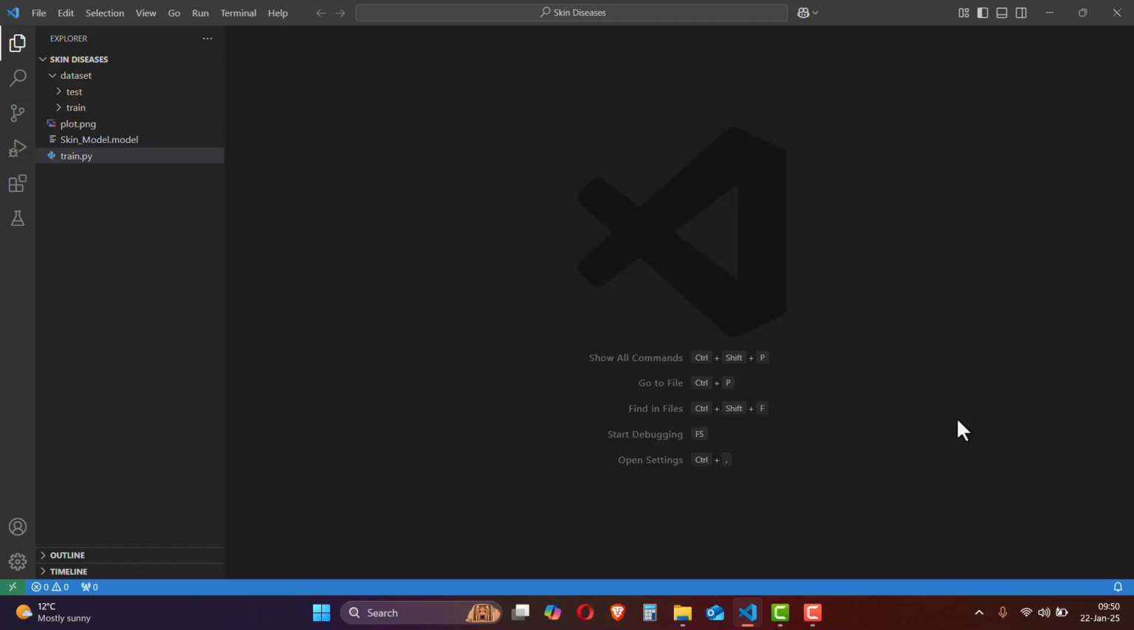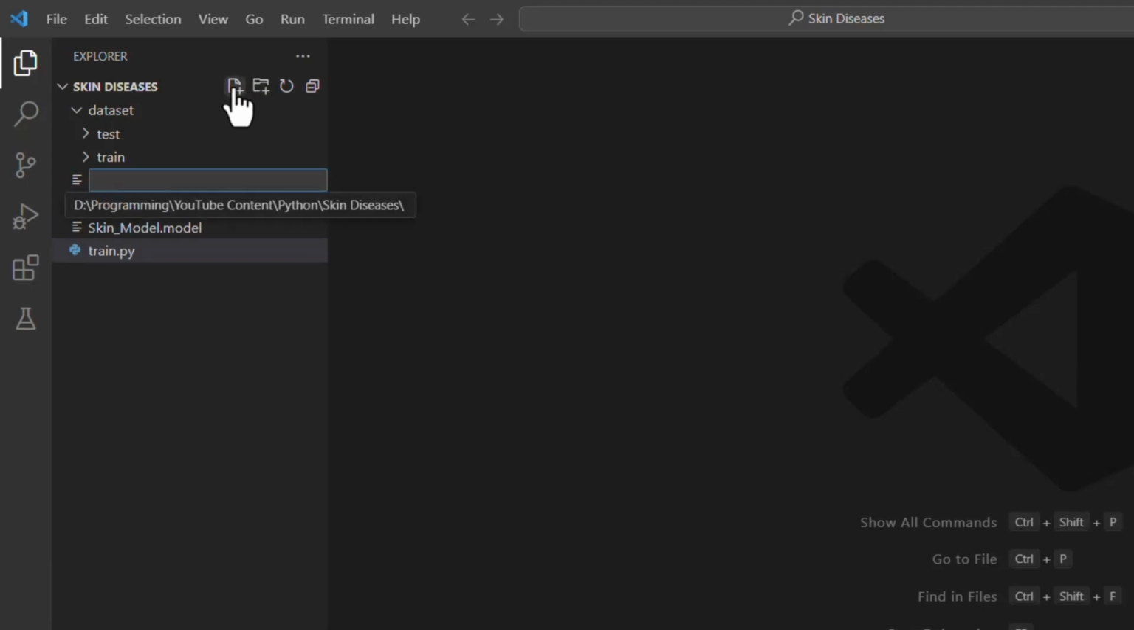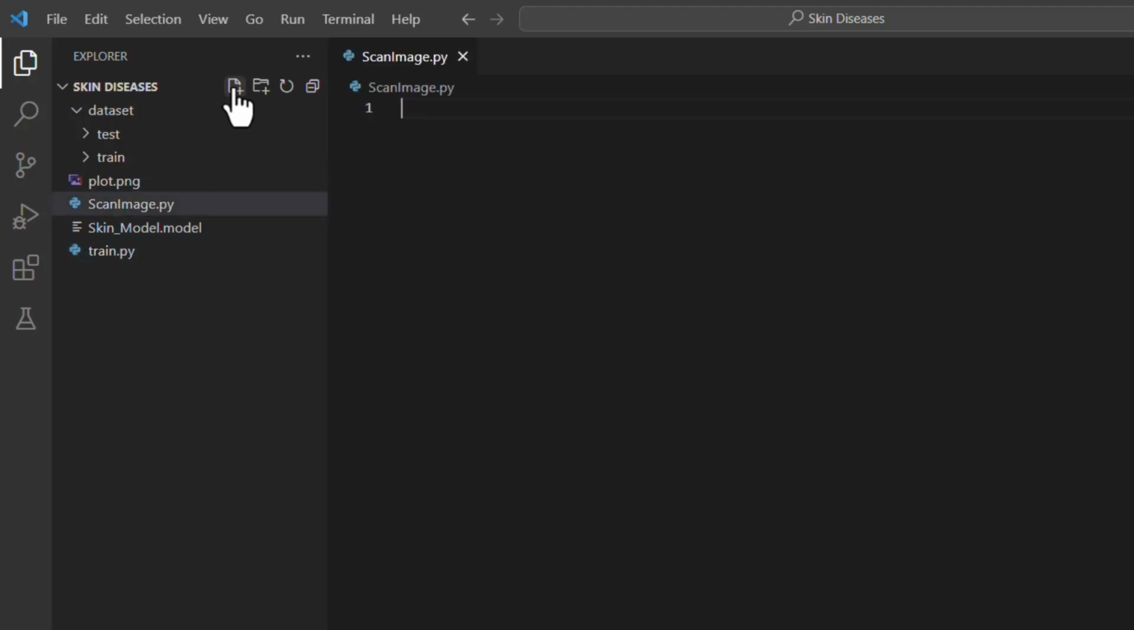So today we shall be creating a new Python file. I'm gonna name it skin image.py. In this file, we are going to load our model and load the image that we are going to test, and then print the result if it belongs to acne, hair fall, or if it is normal or any skin allergy is detected. So let's start it from